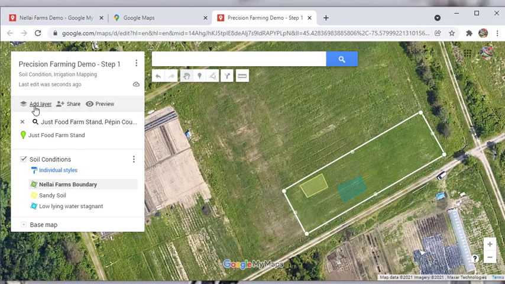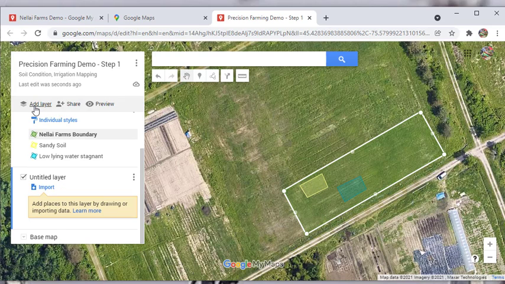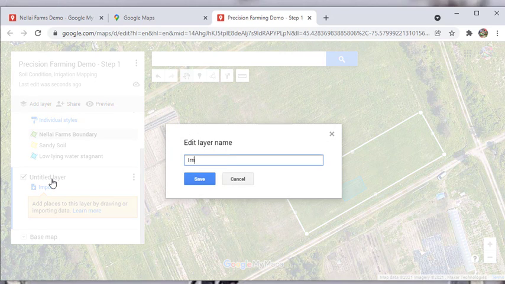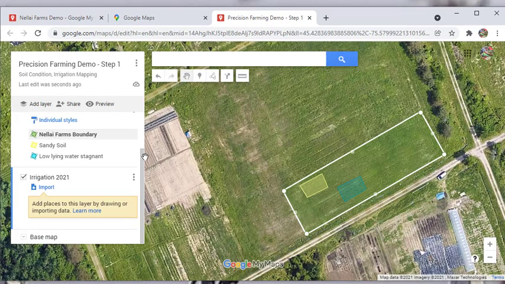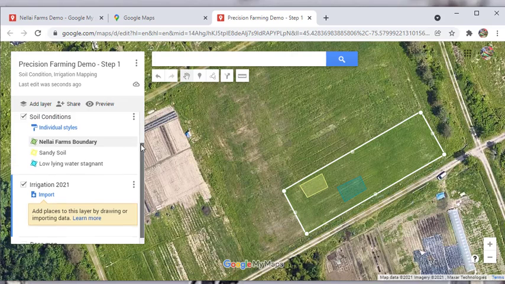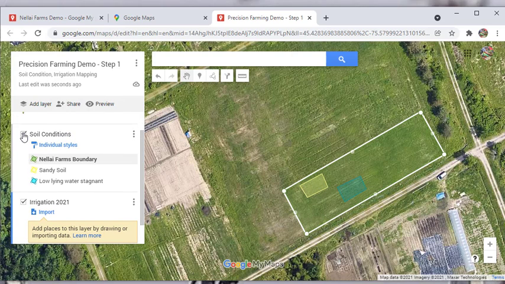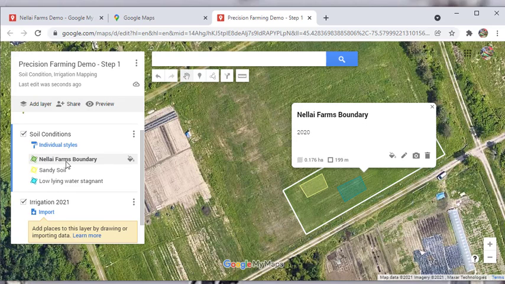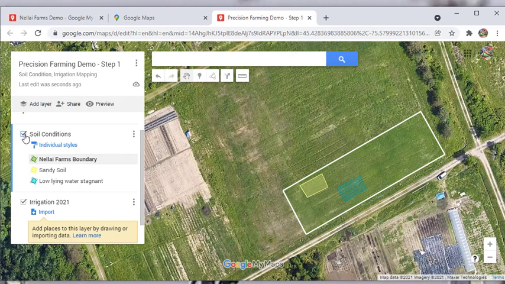I can maybe add another layer now to talk about irrigation. So maybe irrigation plan 2021. And I can have this layer switched off. Yeah, maybe including that.